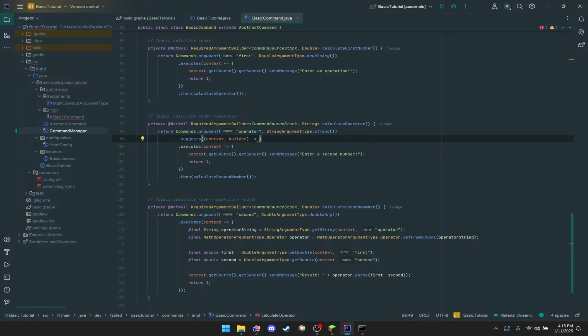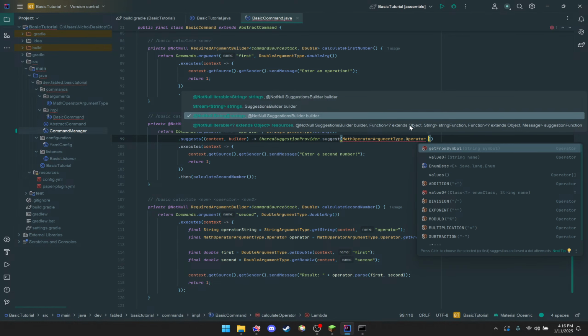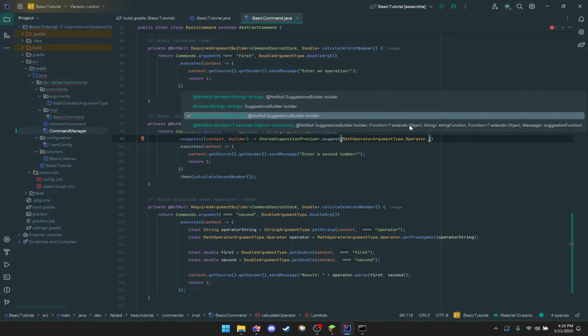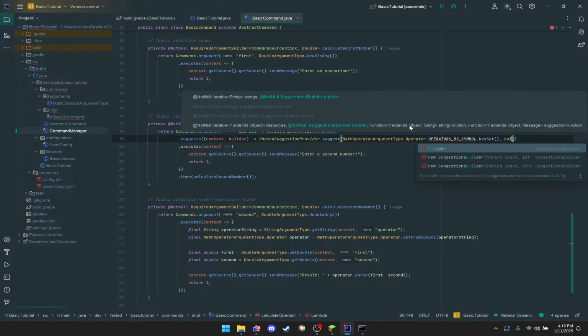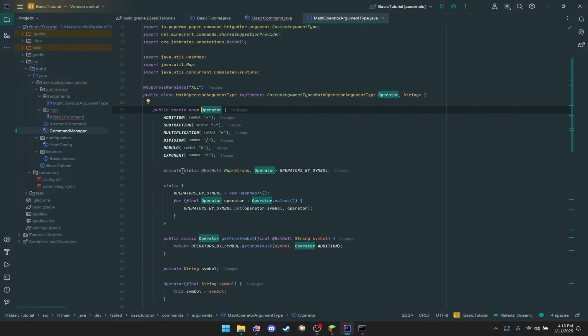Context builder shared suggestion provider dot suggest math argument operator dot operators by symbol key set builder, and we obviously need to make this public static, or maybe just a getter for it. Put it up here, public static